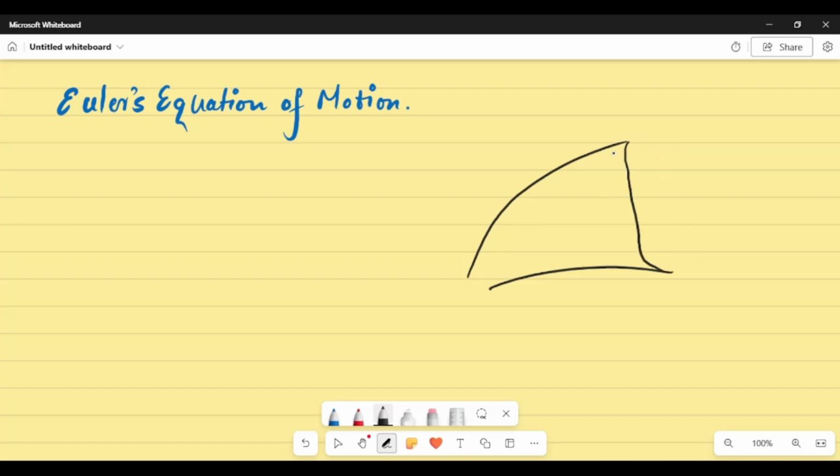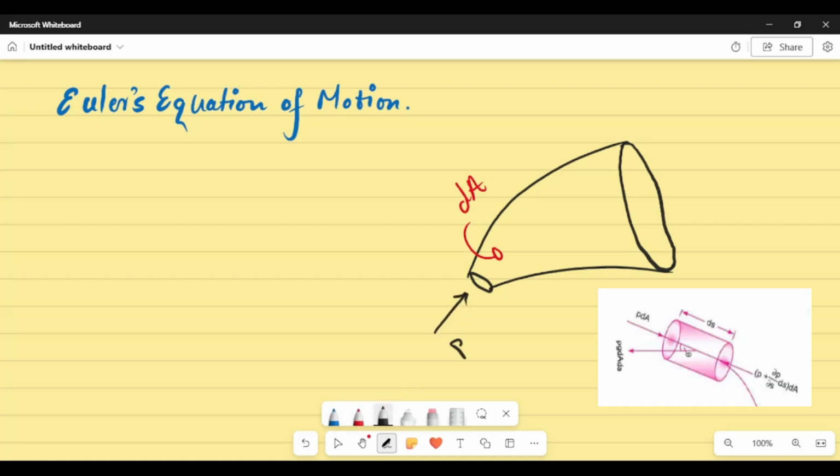Now let us consider that we have the streamline flow that is represented by this figure. Let us say that we have this streamline flow, and a small element of cross-sectional area dA. The pressure acting from this direction gives a force of P times dA, and the force acting in the other direction is given by P plus partial derivative of P with respect to s, times ds, times